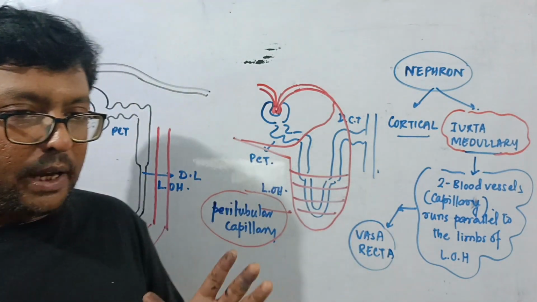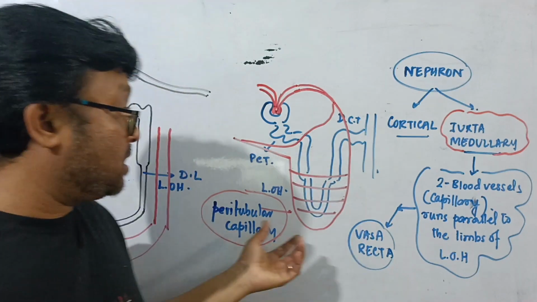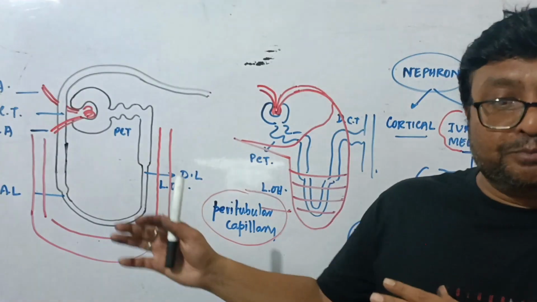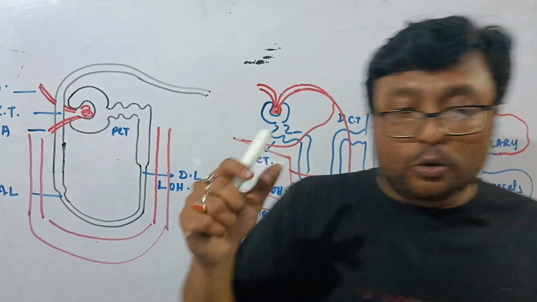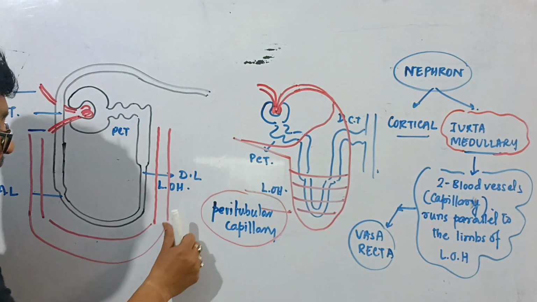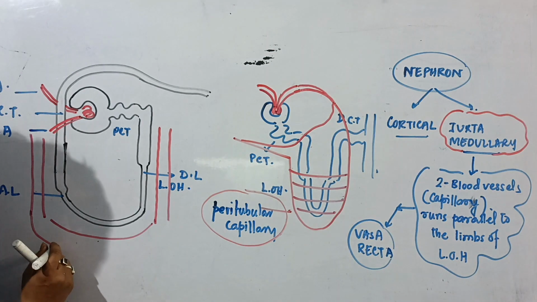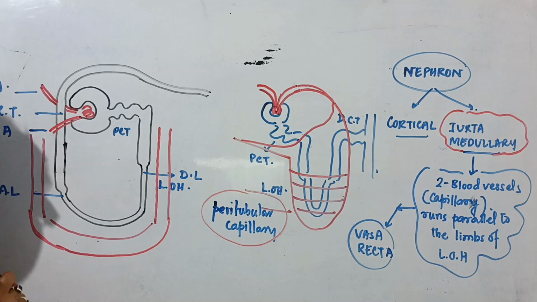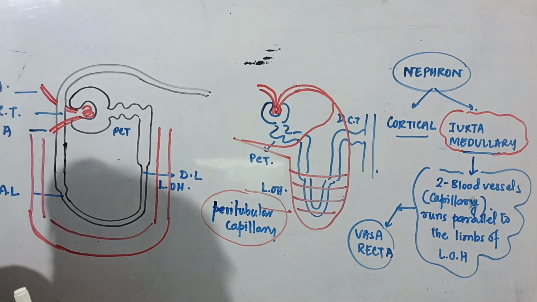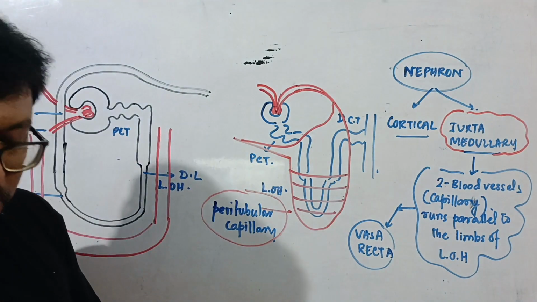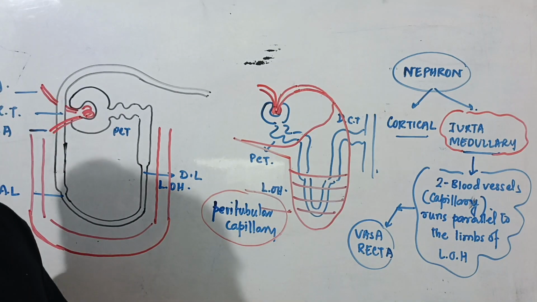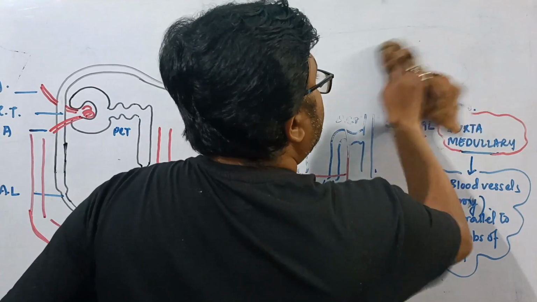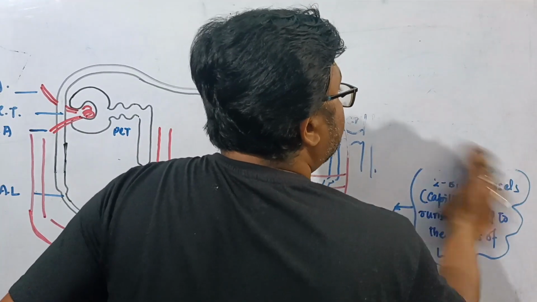কাউন্টার কারেন্ট। ওকে, যে ভাসা রেকটা কি অ্যান্ড হোয়াট ইজ দিস পেরিটিউবুলার ক্যাপিলারি। তো আমি যখন প্রথমে মানে আজকে এঁকেছি স্ট্রাকচারটা, তো ওই জন্য জেনারেলি শুরুতেই আজকে বলে দিলাম, সো দ্যাট নেক্সট ডে এটা যদি আমরা মনে রাখতে পারি তাহলে কাউন্টার কারেন্ট আমাদের কাছে অনেকটা সহজ হয়ে যায়। এনিওয়ে, ইজ ইট ওকে? Yes, sir. ওকে, তাহলে এইটা আমি মুছলাম। উই ডোন্ট নিড দিস রাইট নাও।